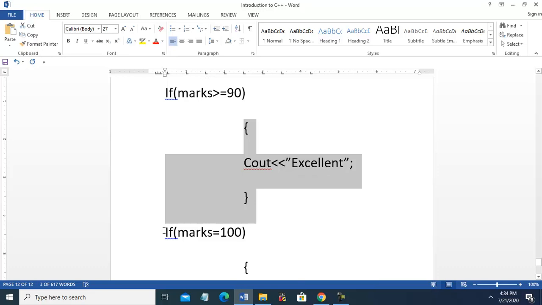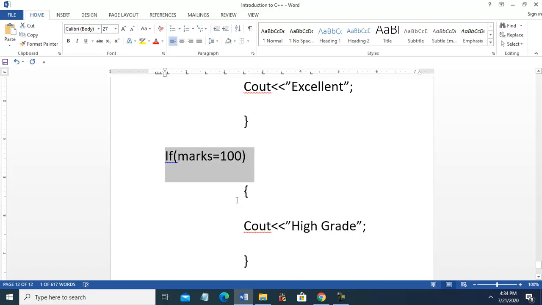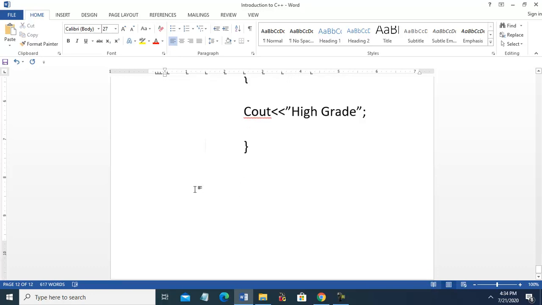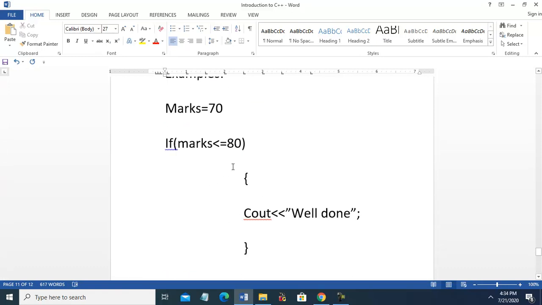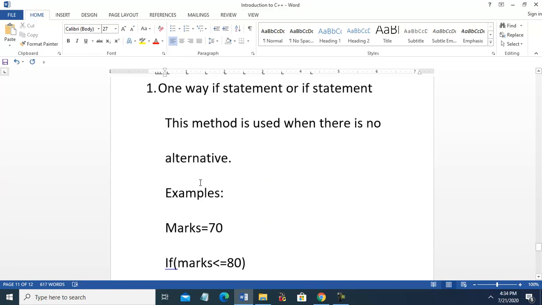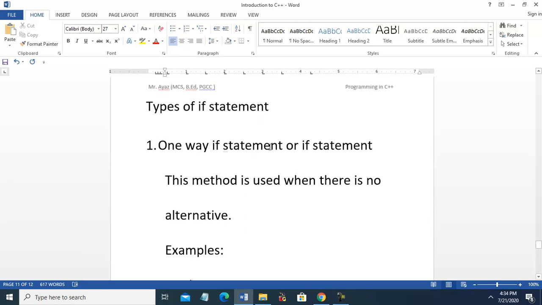If no, then it will go on. If no if statement is true, then it will go under the program, which means not a single statement is true. So this is the one-way if statement, or one-way selection.